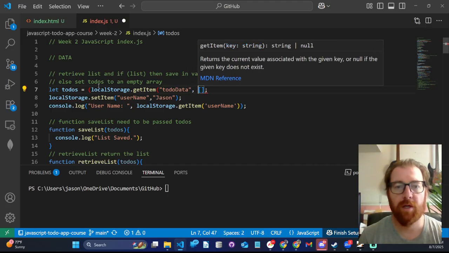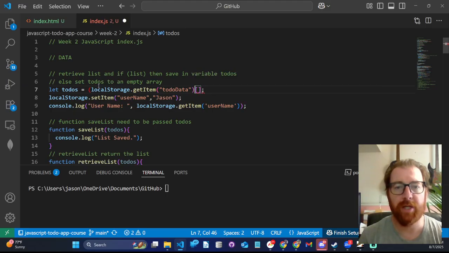Sounds good. Get item to-do data. Now, if that exists, then we want to set to-dos as, we said that we're going to need to